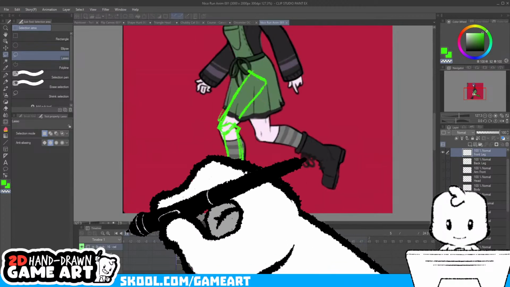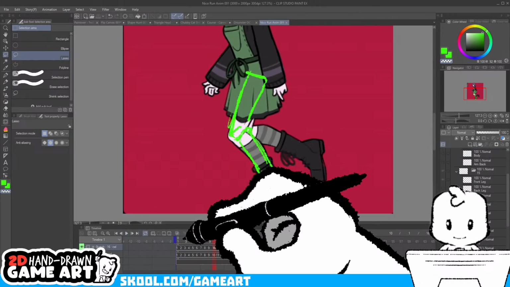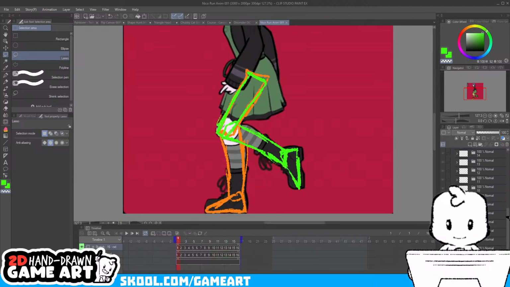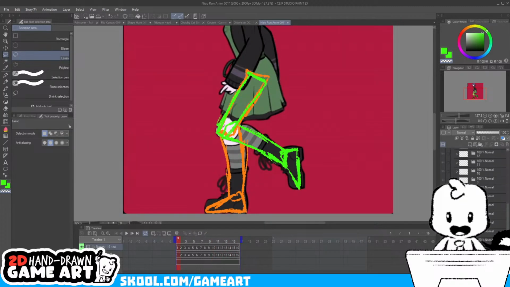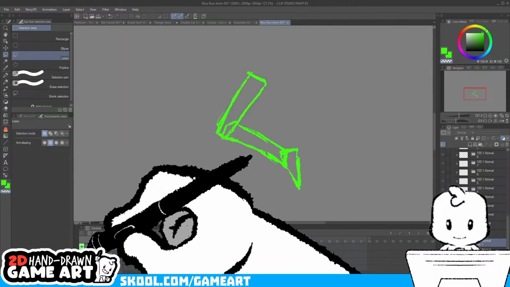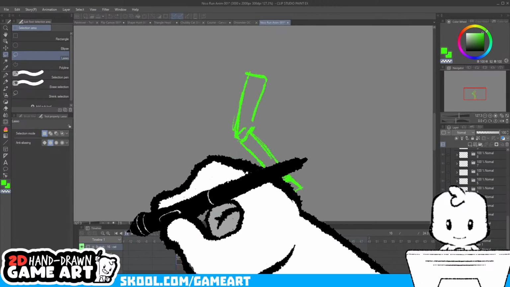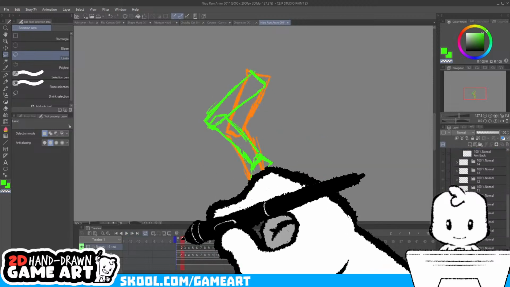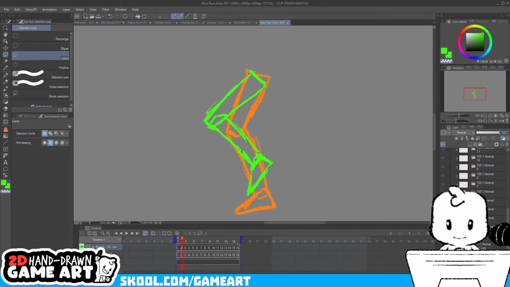Alright, so that is one leg down. Let's hide the back leg here. I think this frame too, we need to hide the back leg. There we go.